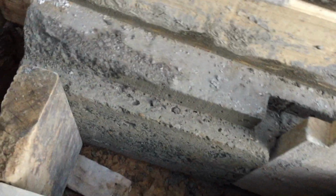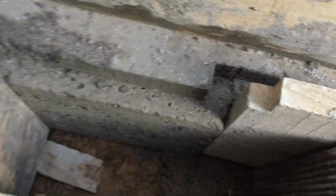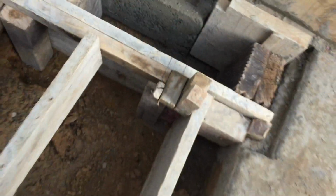So I have damaged this corner here because it's still wet, but I'm gonna fix it when I pour this partition between the subsoil drain and stormwater drainage channel. Alright,